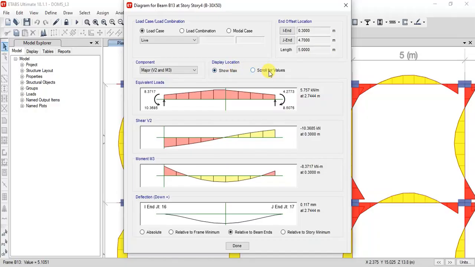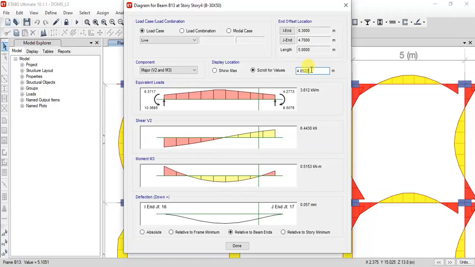You have another option called scroll for values. If you click on this and move your cursor to any point at a given place, you can see what the moment, the shear force, the bending moment and the deflection are at that point. All this is the result obtained at 4.05 meters.